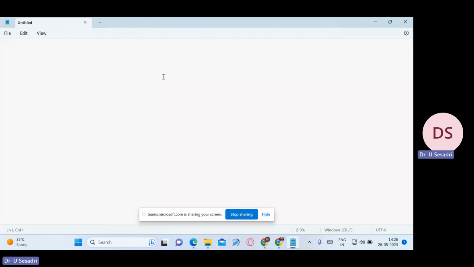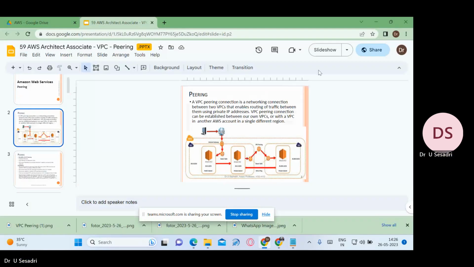So up to the last session, we have discussed the concept of VPC Reachability Analyzer. Now, in this session, we are going to see VPC peering. That is, using VPC peering, we are establishing the connection between two VPCs. In the diagram, we'll see that